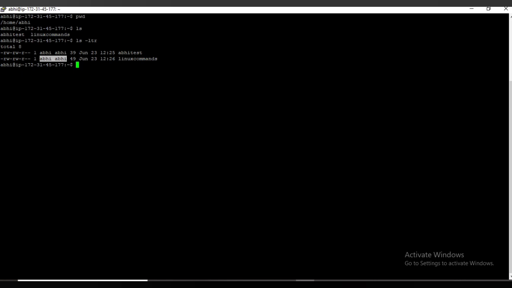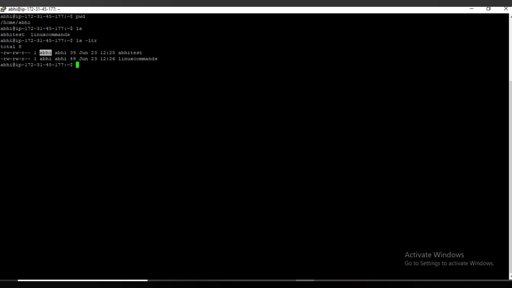The user who has created this file would have all the access: read, write, and execute, right? The other users won't have the same level of access. That access is defined: read, write, and execute access is equal to 7. That means read has 4, write has 2, and execute has 1, so this equals 7. Now you can see that none of the files has the full access of read, write, and execute. As I have created the file, I already have the execute access.